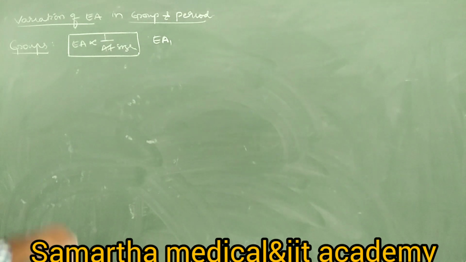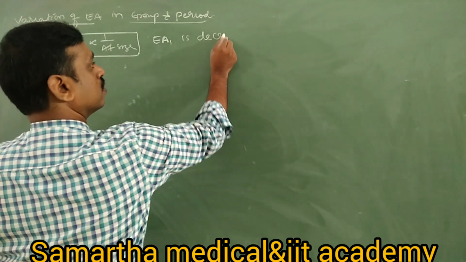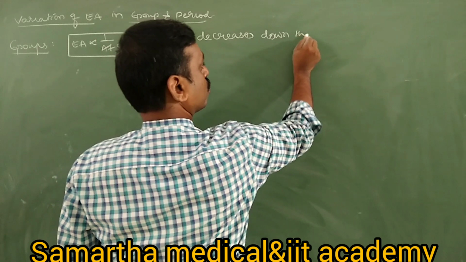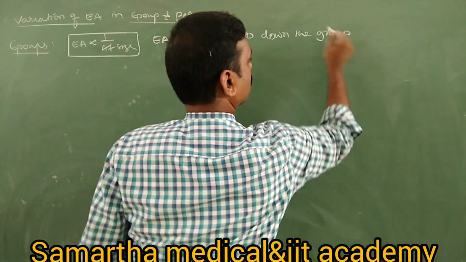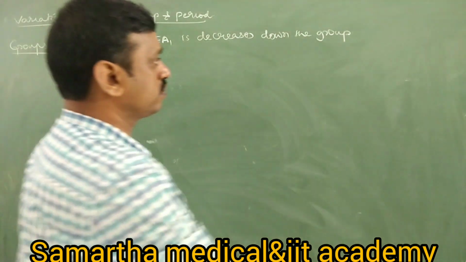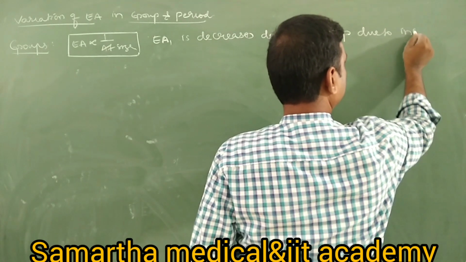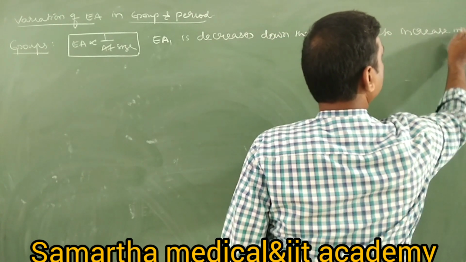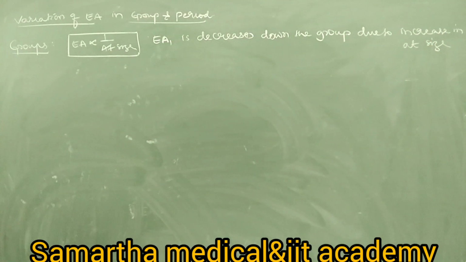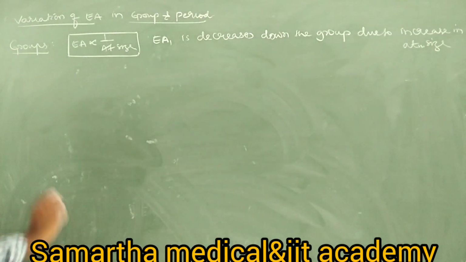Okay, so electron gain enthalpy decreases down the group due to increase in atomic size. Atomic size increases, no? So therefore